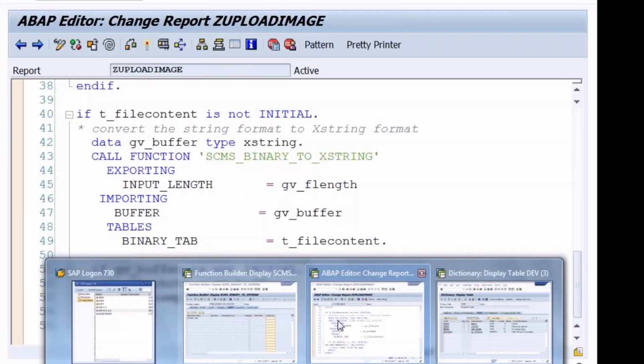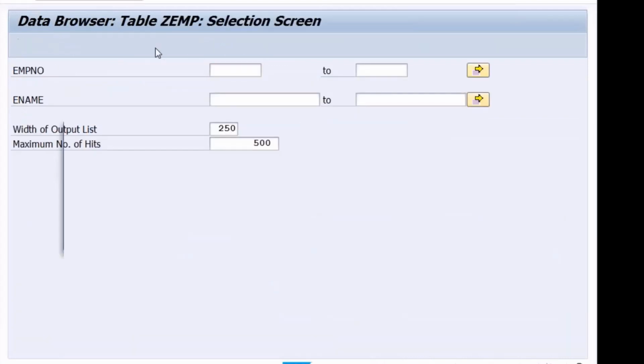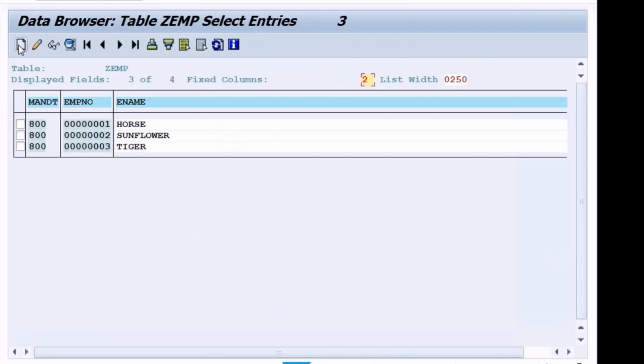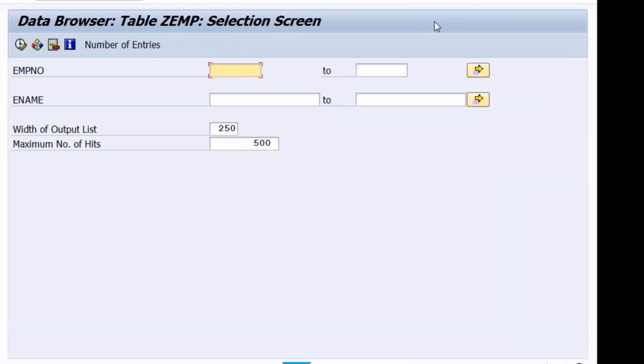This record will go and sit in the table. So if you see the table here, earlier 0 entries. Now we should have 3 entries inserted. Okay. So if you see here, employee number, employee name. I cannot display the photo here. Images can be displayed only in front-end applications, like in Module Pool, in UI5, in Adobe Form, WebDynpro applications. In the front-end applications only we can display images. Is it clear? So done.